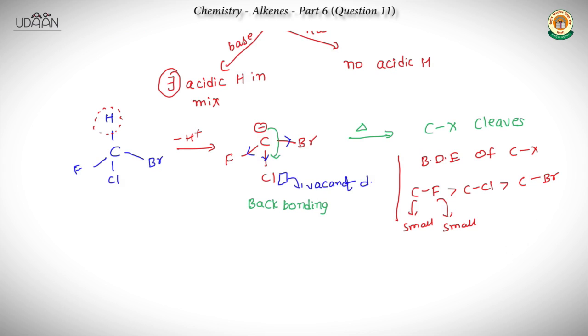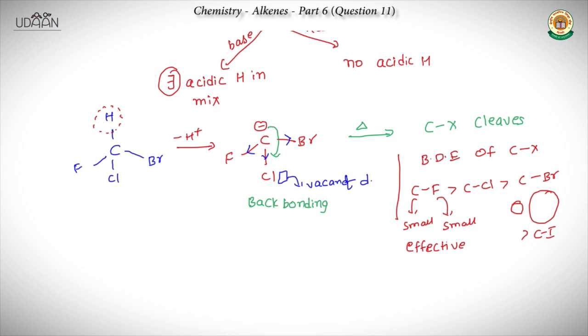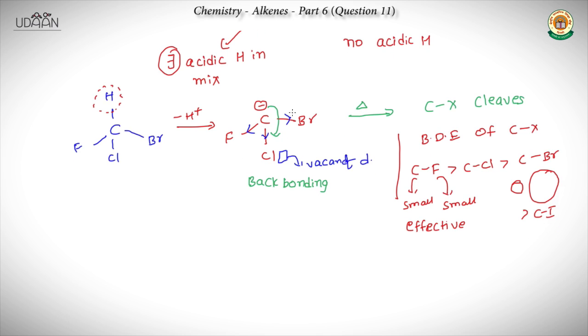As a result of it, their orbitals can overlap effectively. But the same won't happen with Br? No, because bromine is very large in size, say this much, and carbon is very small comparatively. There won't be effective overlap between the orbitals of them. Okay. So if you add C-I also, it's even less than C-Br. So at this high temperature, the C-Br bond cleaves away.